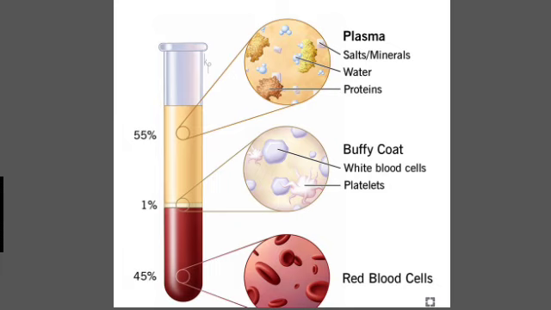If the medium has a lower concentration of water than the cell, meaning that there is a very concentrated solution outside, the cell will lose water by osmosis. Such a type of solution is known as a hypertonic solution. Water crosses the cell membrane in both directions, but in this case, more water leaves the cell than enters it. Therefore, the cell will shrink. So, osmosis is a special case of diffusion across a selectively permeable membrane.